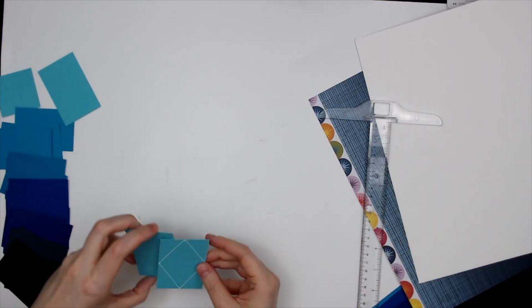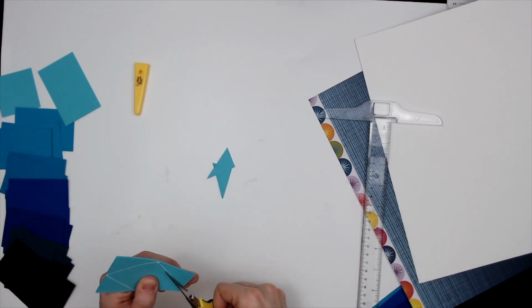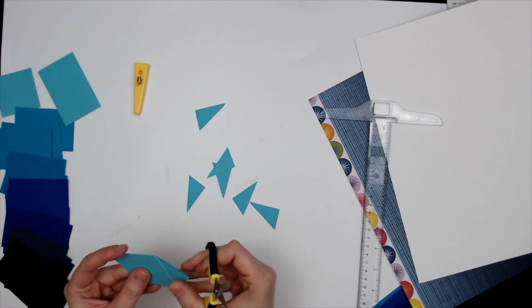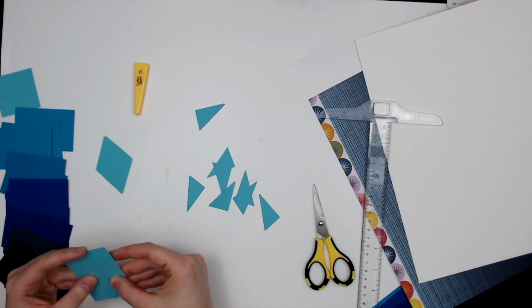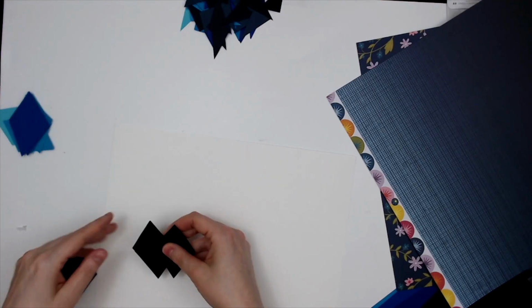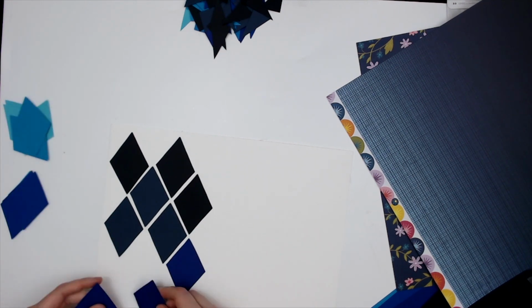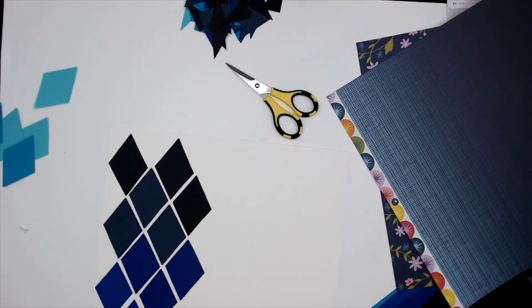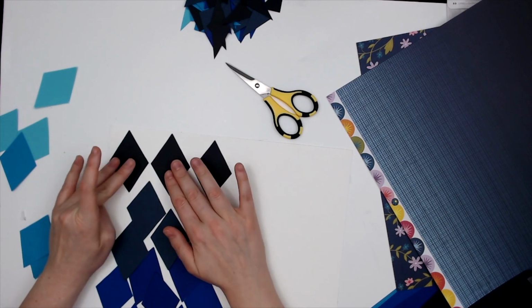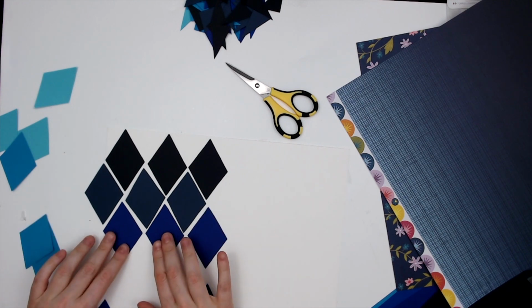So I traced that on there, and I'm going to cut down each one of the sides. I'm not going to make you watch me do all of these because it took probably like 5 minutes to do. But I'm just going to use one as my template and just keep going and cut all of the colors down. So now they're magically done, and I am going to start playing around with my little triangles or diamonds here. So you can see over on the right hand side there, that paper that I'm using as my inspiration, and trying to figure out how to get all of these positioned